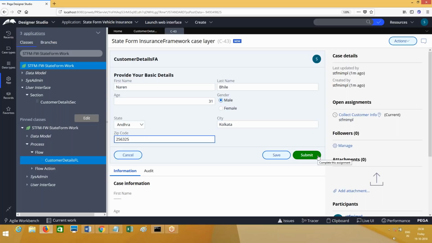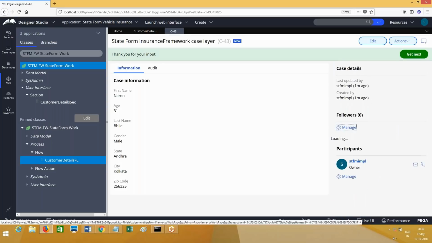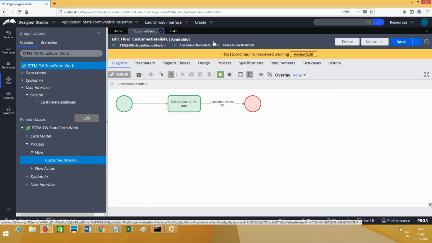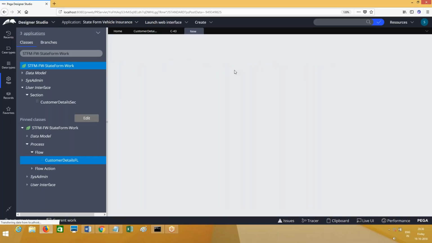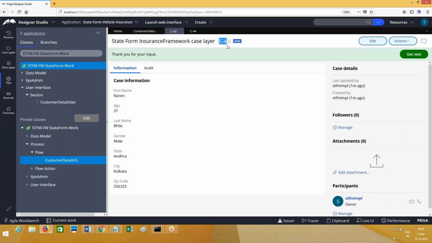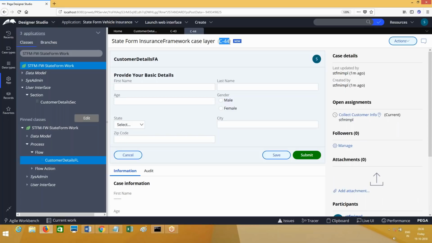So submit this. So exactly what happened after you submit? What is happening after you submit? This and all we are going to understand. First, let me go ahead, and when I run the flow, a transaction is being initiated and a transaction ID is getting created. If you look at the transaction ID for the previous transaction, it is C-43. This is the functional point to give you an idea. So now C-44 is the transaction ID for the next transaction.